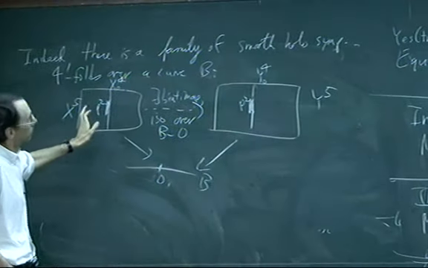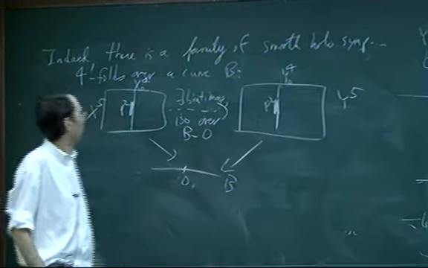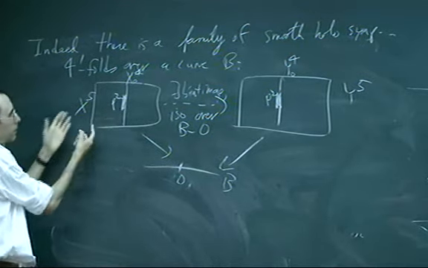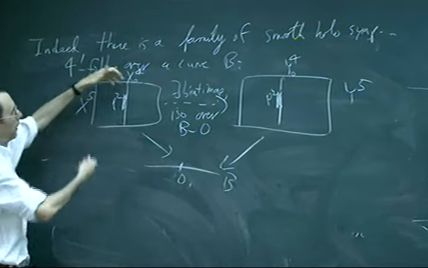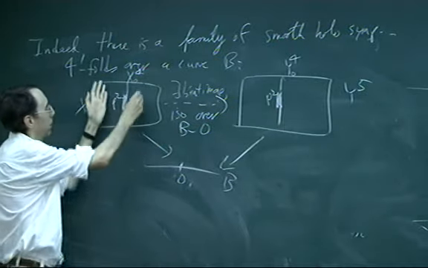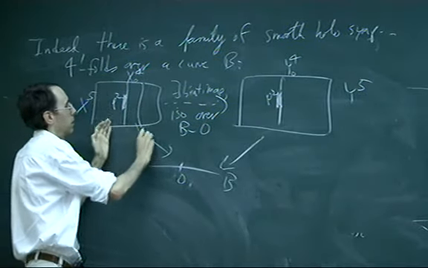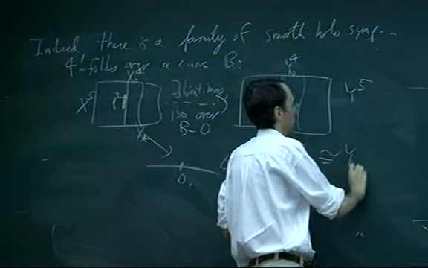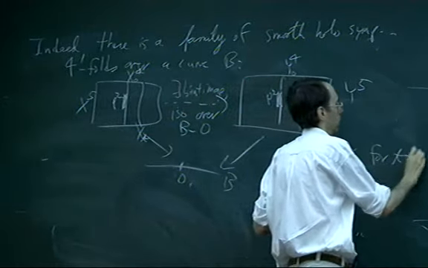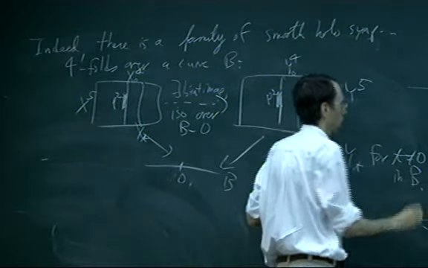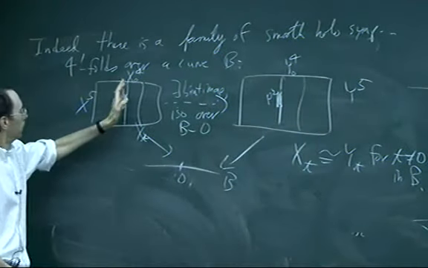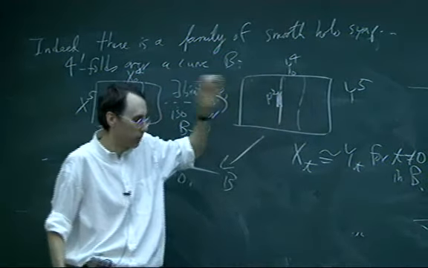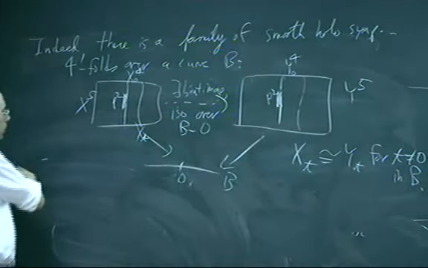Okay, but when you get high enough dimension, you can have this phenomenon. So this makes it obvious, I claim, that x naught and y naught have the same intersection form, because x naught has the same intersection form as, say, x_t here, and x_t is the same thing as y_t for t not equal to 0 in this curve. So the intersection form here is the same as there. That's the same variety as this, and that's the same as the intersection form here.